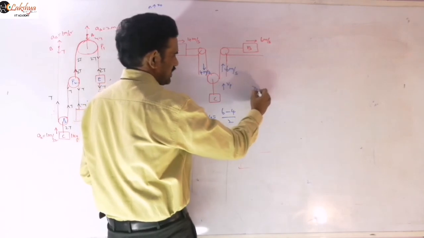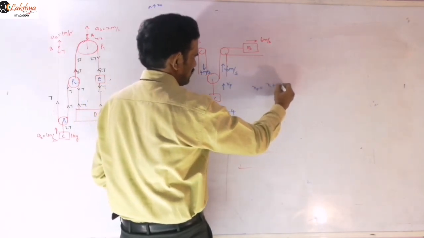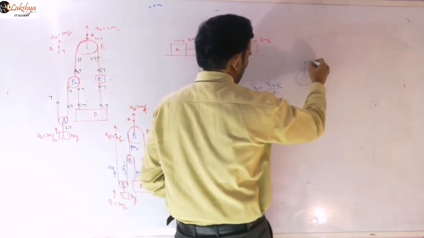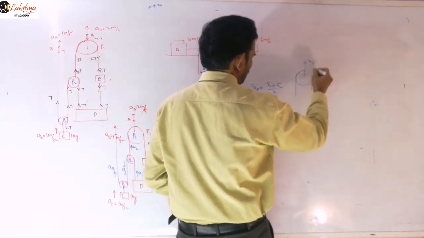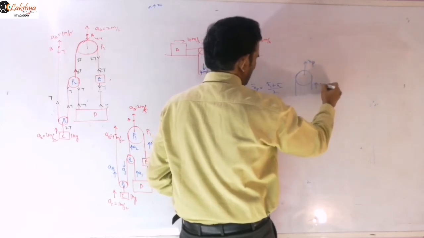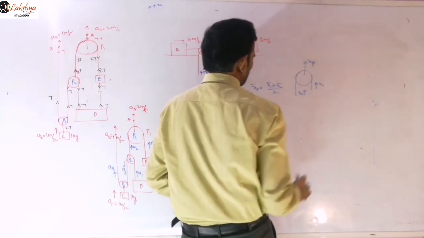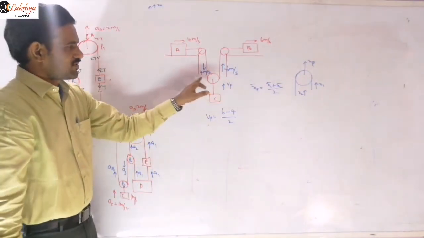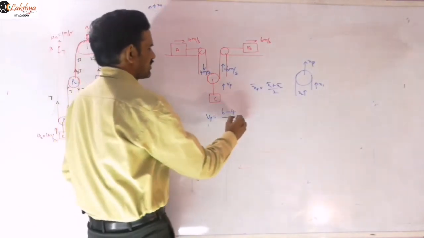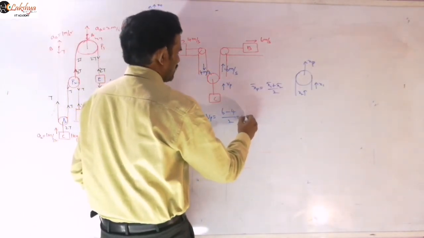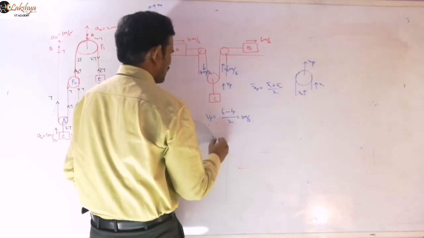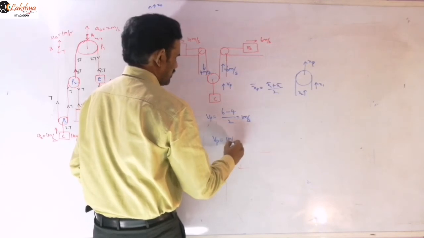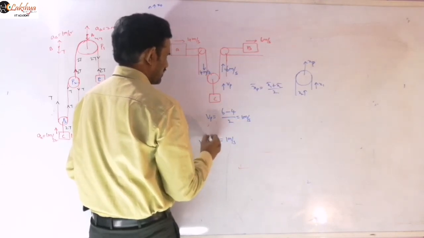Our relation is xp is equal to (x1 plus x2) by 2, where x1 and x2 you can represent like this. If xp is taken like this, then x1 is in the upward direction and x2 is also in the upward direction, you may consider. If one of them is in the opposite direction, you should take the negative sign there. Now this will be in the opposite direction, which I am taking with the negative sign here. Then this value will be 1 meter per second, right? So that is the velocity of that pulley C, or block C. The velocity of this block C is equal to 1 meter per second.